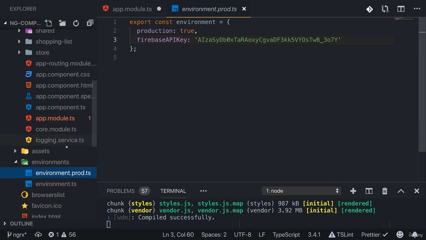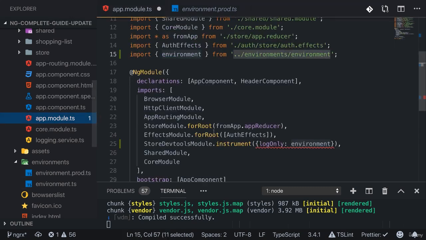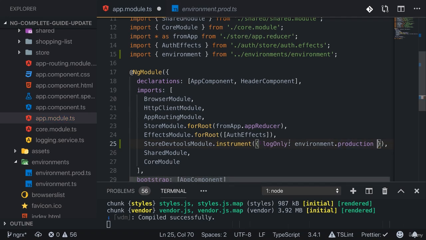And as you learned, these two files are swapped automatically by the CLI once you build for production. So this environment constant has this production property, which is false during development, but true during production. And therefore, with logOnly, we're basically restricting the output to only some log messages when we're in production. With that added,